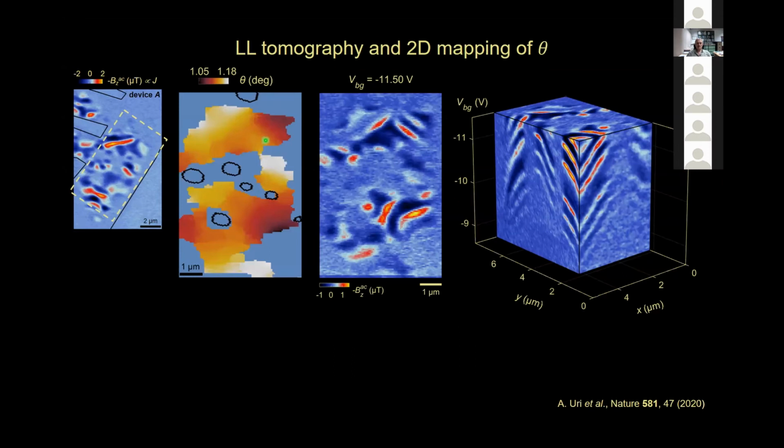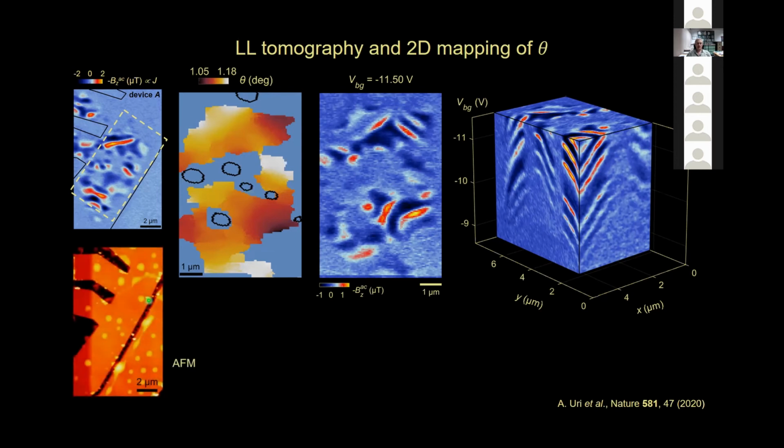So this is the landscape of the twist angle spanning a region from 1.05 to 1.18 in this particular sample, forming a very complex landscape. And moreover, there are quite extensive regions in the sample that show no Landau levels at all, namely no magic angle physics. If we compare our map to the AFM image, we find that